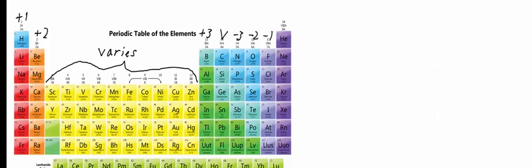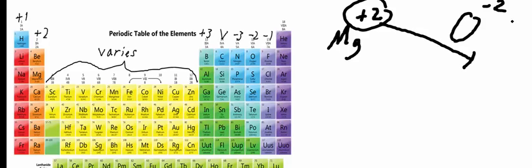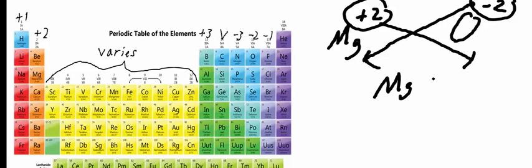Okay, now let's try out another example. This time we're going to use magnesium, and then we're going to use oxygen. Now if we look over at the periodic table again for charges, we find that magnesium is in the second column, so it would be a +2 charge. And oxygen is right here, so it will have a -2 charge. Now the next step, we crisscross these charges. So we bring the 2 across, and then we also bring the other 2 across. Now what we immediately get from this will be